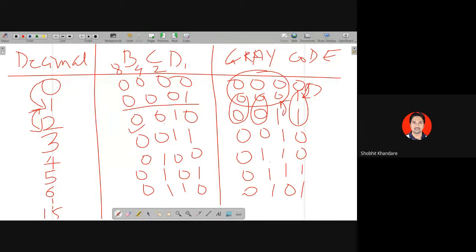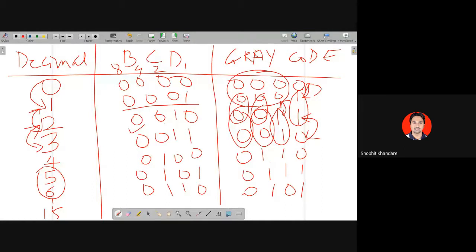Similarly, if you see 2 and 3, the same thing follows. 3 positions are the same, only a change in the 4th position. See here, if you see 2 and 3, 0 0 0 0 1 1, and there is a change here, 1 to 0. Randomly, if I'm taking 5 and 6, now you will ask me the question, sir, do we have to take consecutive numbers or can we take any random numbers? No, we cannot take random numbers. You have to take consecutive numbers.